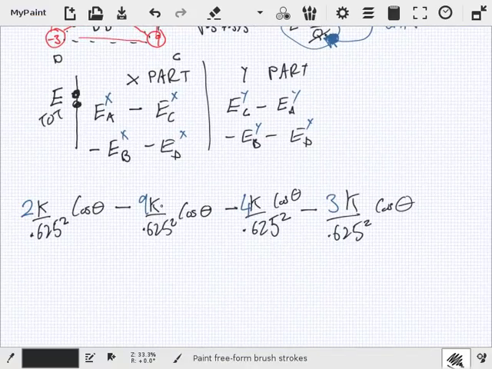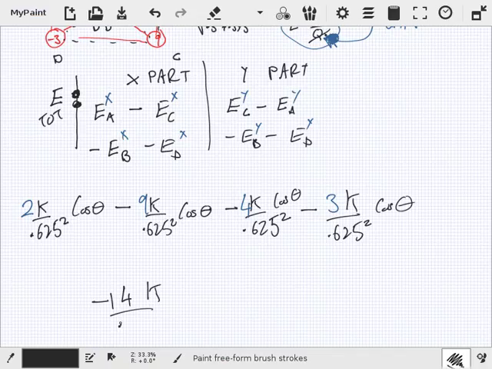2. Now this should be negative because in total it's going to the left. 2 minus 9 is minus 7. Minus 4 is minus 11. Minus 3 is minus 14k over 0.625. And cos theta, what did we say this side was? 0.375. And this side, 0.5. And this one,